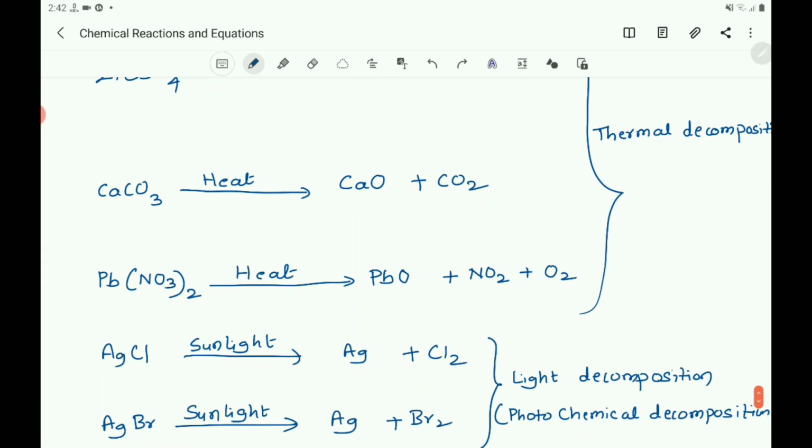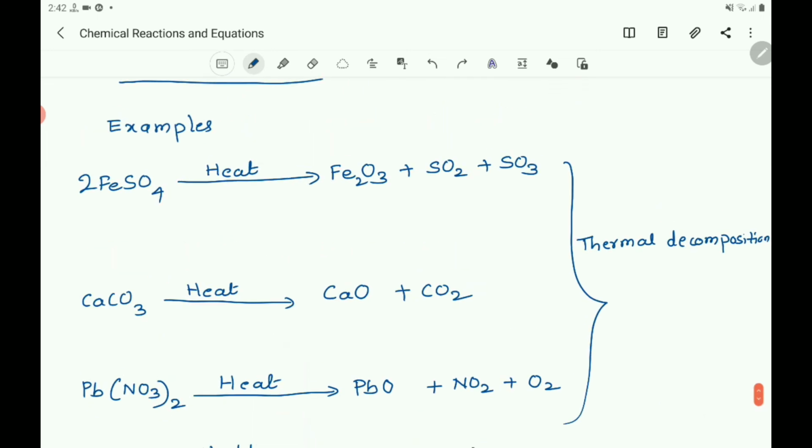When lead nitrate, Pb(NO3)2, is heated, it gives lead oxide, nitrogen dioxide and oxygen. These are the three products obtained by splitting lead nitrate on heating. These three are thermal decomposition reactions